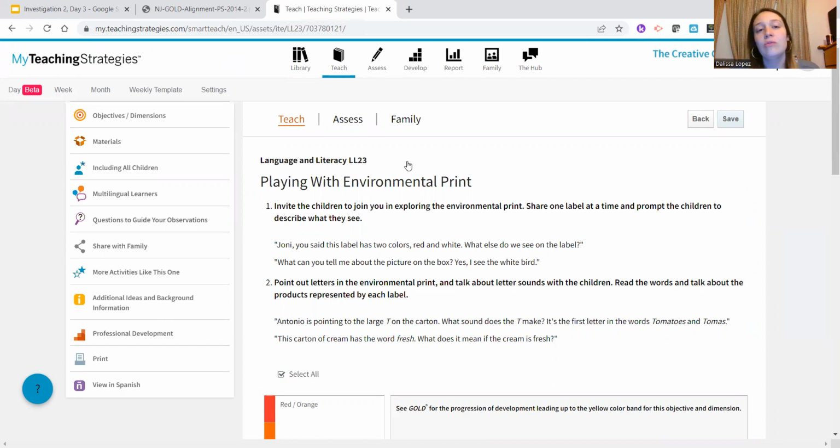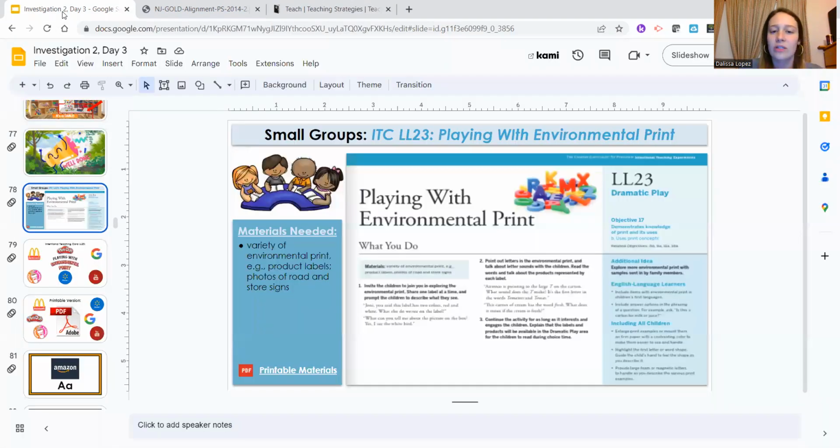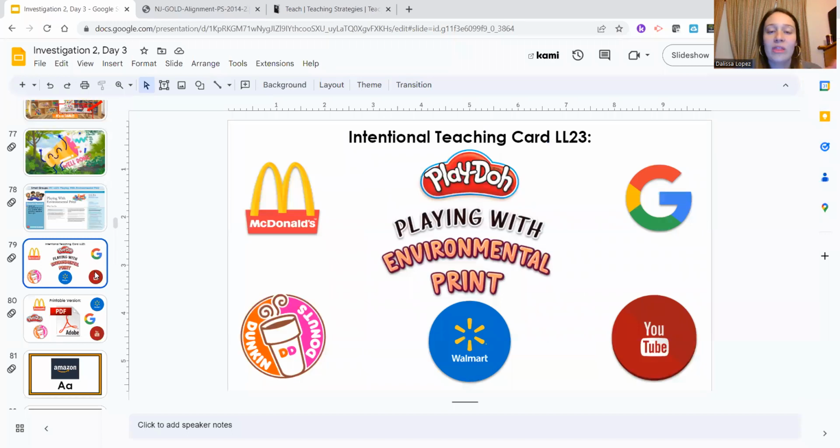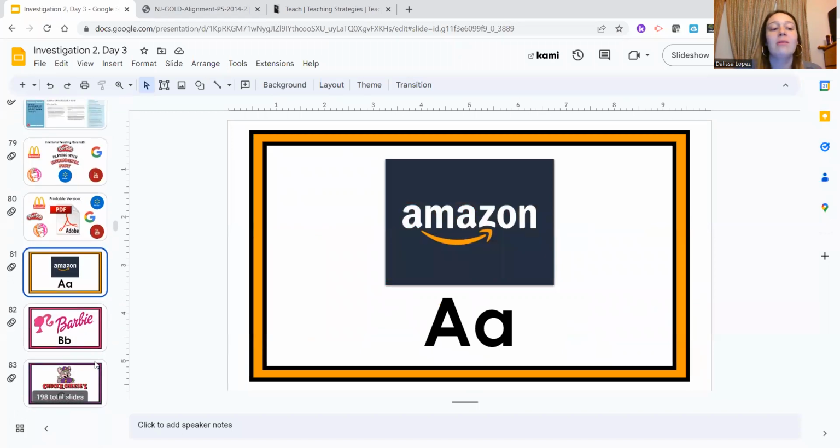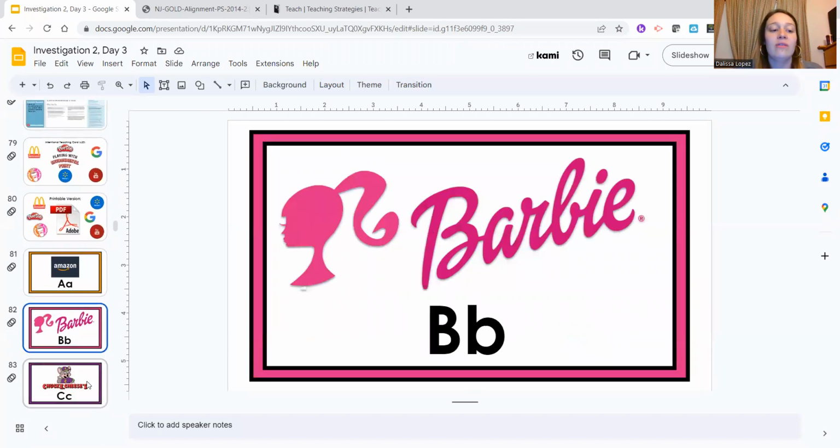So I like to use Google Slides as a way to reinforce the skill. I do have this particular resource that I use. It is the small group that I will be doing. So again, environmental print. And then with that, I have the slides already set up. I can set it up for them with the small group on a tablet. And then I would scroll through and we would then play the game, have them recognize each of the letters,